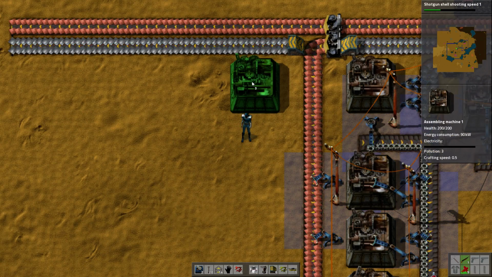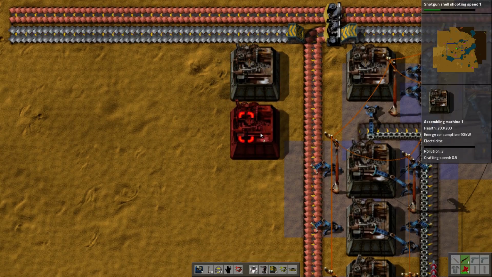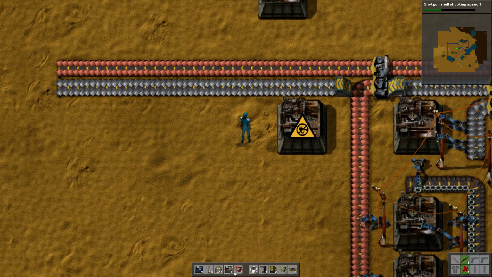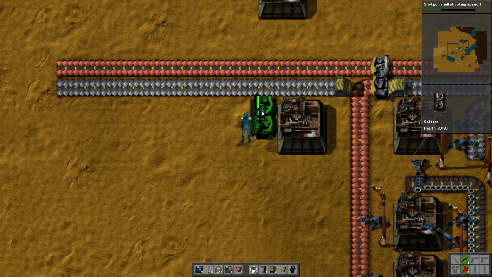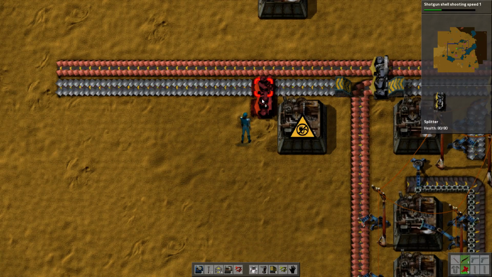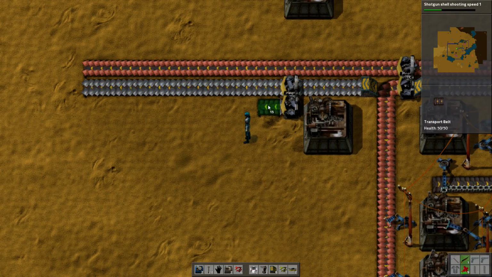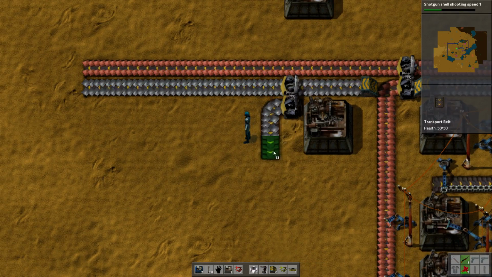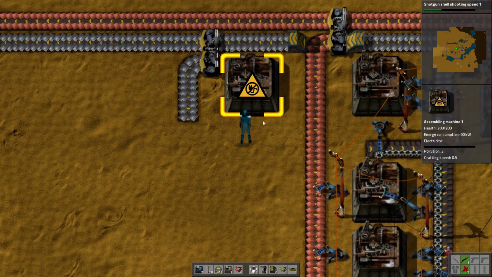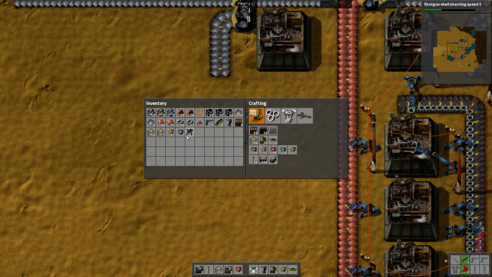So let's say if this is going to be the transport belt, we need a gap here. So that's that. Then we need another gap here. And then, let's see, rotate. So actually, this guy's going to go here. And we're going to bring the iron down this way. Okay, so this first one is going to be iron gear wheels. And that's going to need...